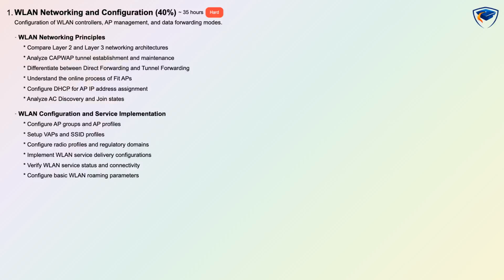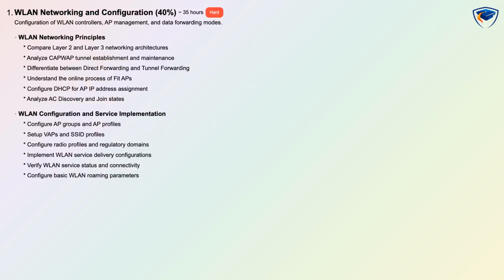Practical skills include configuring AP groups and AP profiles, setting up VAPs and SSID profiles, applying radio profiles and regulatory domains, and implementing data forwarding modes such as direct forwarding and tunnel forwarding. Expect to configure DHCP for AP IP address assignment, verify WLAN service delivery and connectivity, and set basic roaming parameters